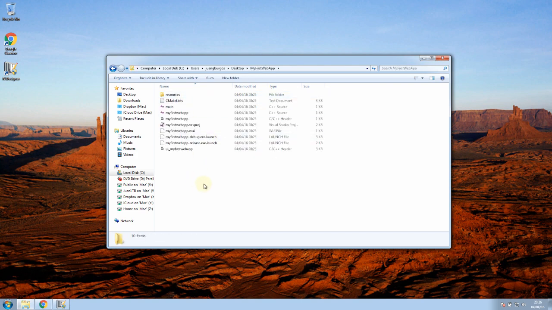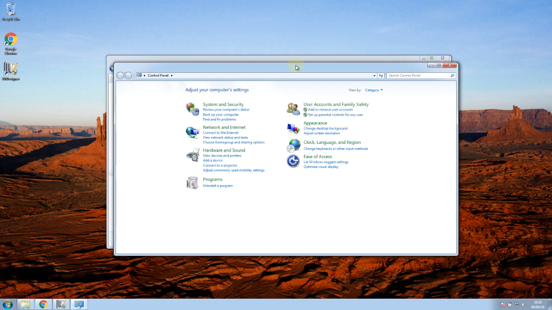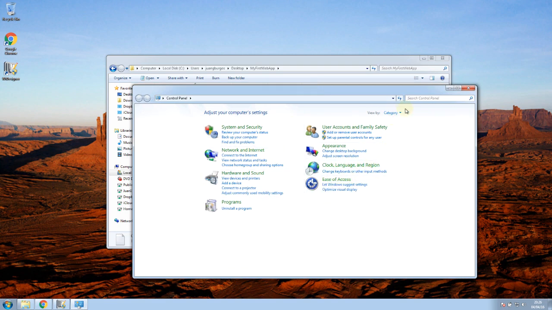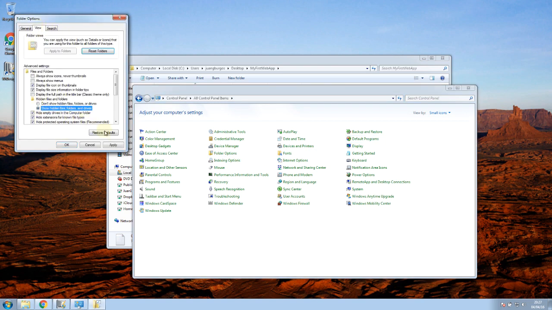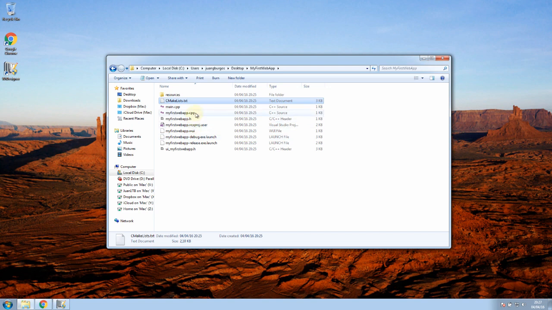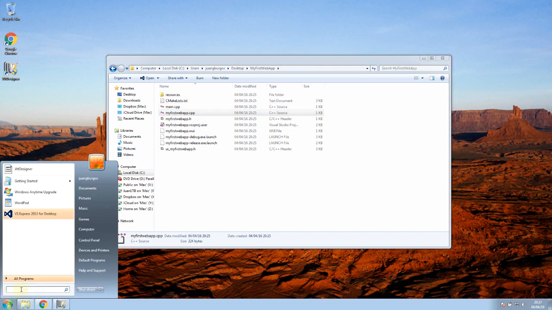and here is my project, and we can see that there is a CMake list file, which is the file that CMake uses to generate projects, and we have some auto-generated C++ code. Let me change here folder options so I can see the extensions of the files. Okay, so I can see I have some auto-generated code. We have an H file and a couple of H files and a couple of CPP files that form our auto-generated project. So let's go and open CMake